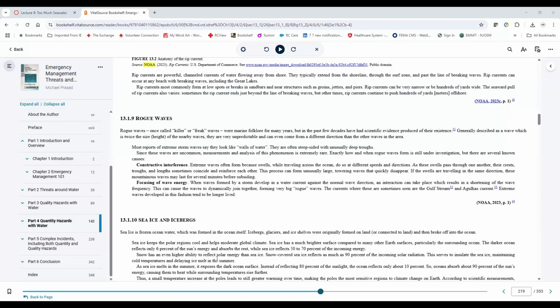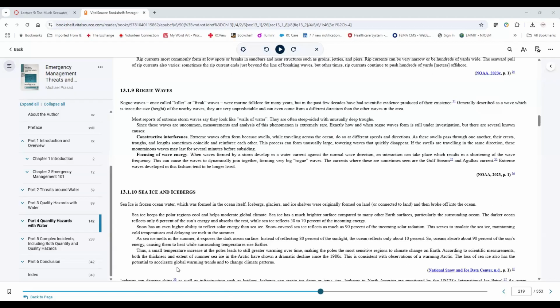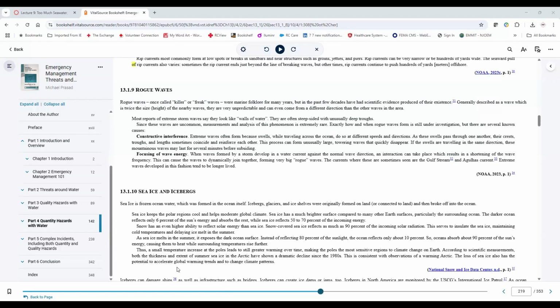and certainly the idea that this has temperature impacts too. As the sea ice comes off, it is raising the temperature because that ice is no longer there on the land to keep the ocean cooler. As it dissipates off, it's actually raising the temperature because it also reflects solar radiation. So it's maintaining cooler temperatures, delaying the melting of the summer. You can read about sea ice, but basically icebergs is the concern.